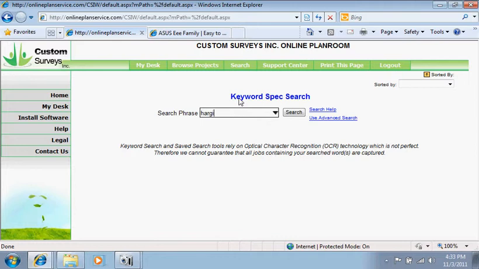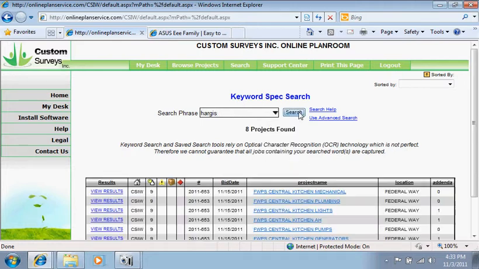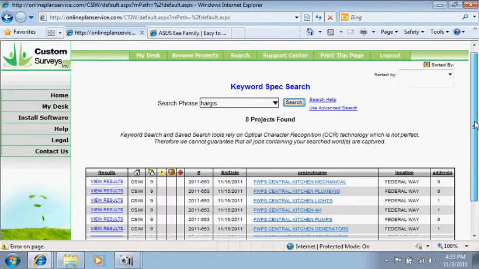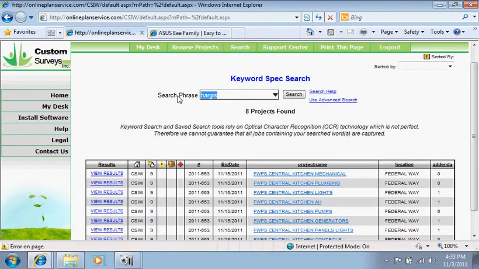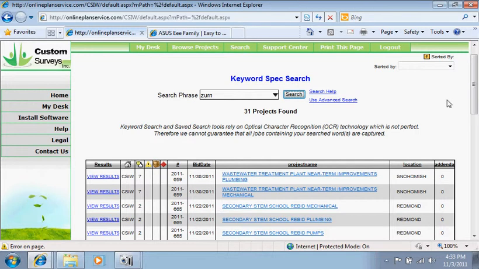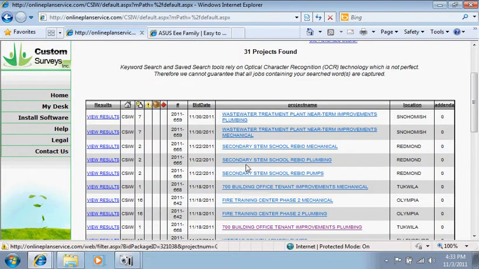Hargis. See if he's done any. Yeah, see, Hargis has done a job. So you can search by engineers. One of my favorites though is just product search. You can search for Zurn. And you can see that, yeah, Zurn has been spec'd on many projects